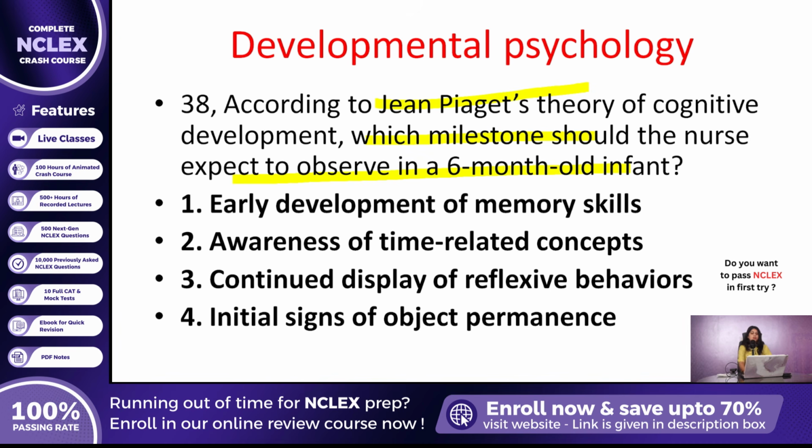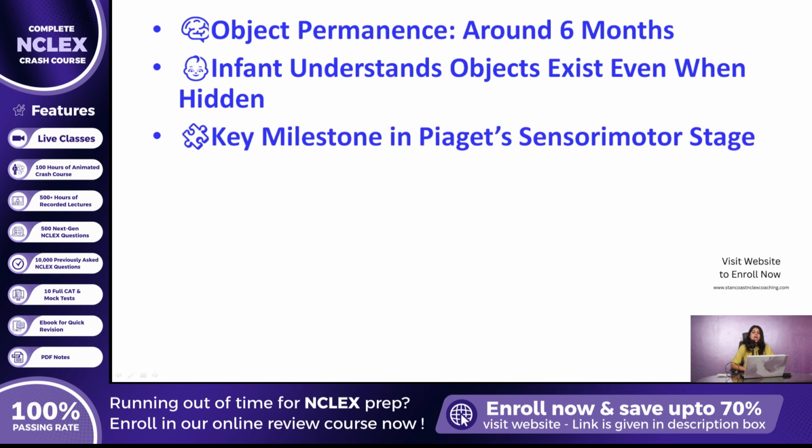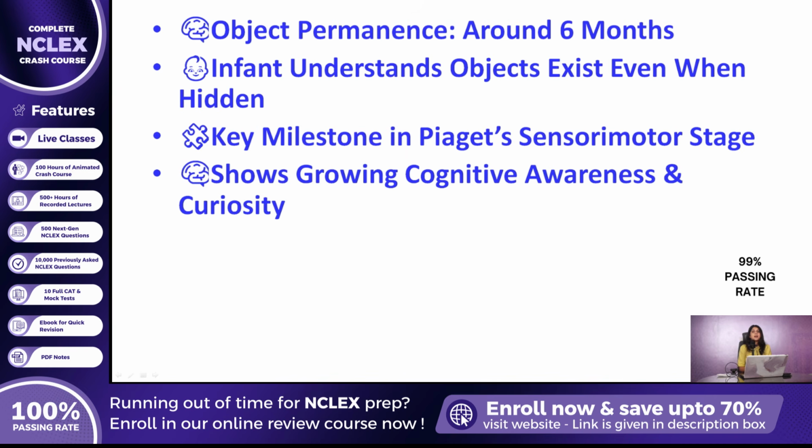The correct answer is option 4. Initial signs of object permanence. At around 6 months of age, infants begin to demonstrate early understanding that an object still exists even when it is no longer visible. This milestone marks a transition within the sensory-motor stage of Piaget's theory and indicates growing cognitive awareness and curiosity. It reflects the infant's evolving brain development and increasing interaction with their environment, laying the groundwork for more complex thinking